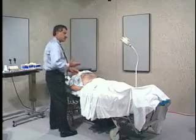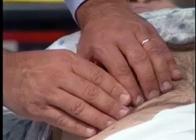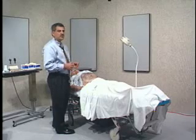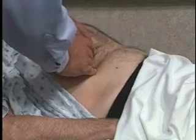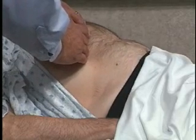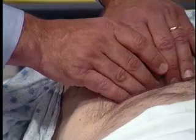And so, again, I use this portion of my finger. There's a couple of techniques. You can go upward like this, or you can place your fingers underneath the liver margin like this. I prefer that technique. You just have to try each technique and come up with one that works best for you. And then what I'm going to ask you to do, Mr. Taylor, is take a slow, deep breath in when I ask you to. Breathe in, out, and I'm just starting to feel the liver edge on the end of deep inspiration. Again,